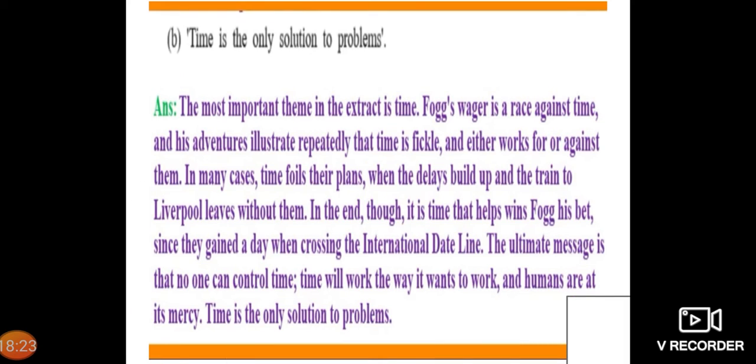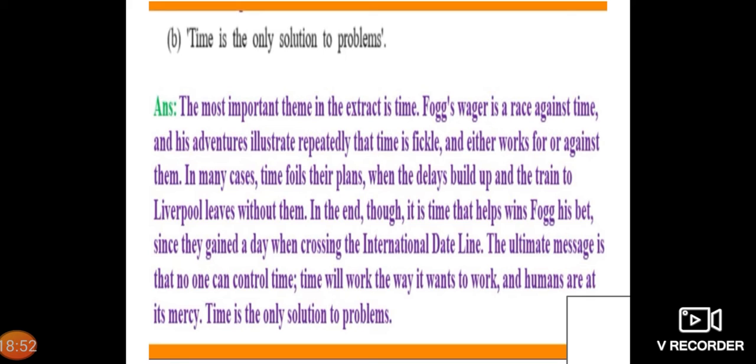Time is the only solution to problems. Answer. The most important theme in the extract is time. Fogg's wager is a race against time, and his adventure illustrates repeatedly that time is fickle and either works for or against them. In many cases, time foils their plans when the delays build up and the train to Liverpool leaves without them. In the end, though, it is time that helps win Fogg his bet, since they gain a